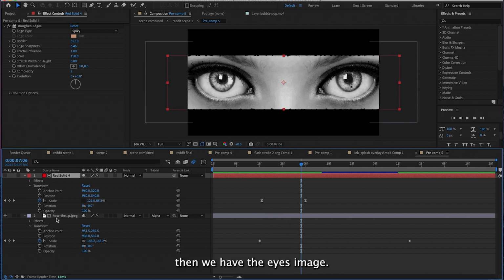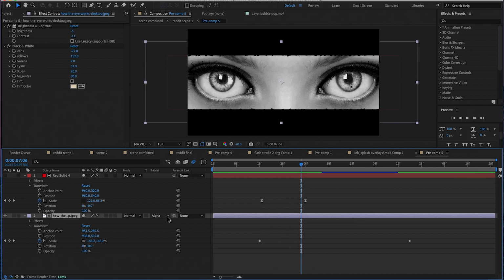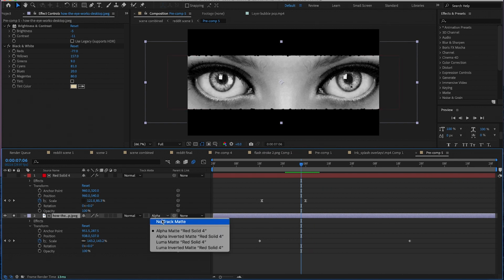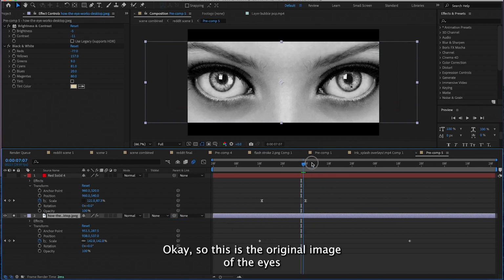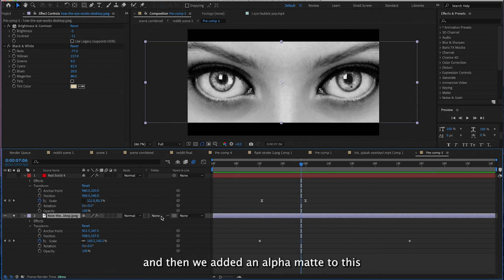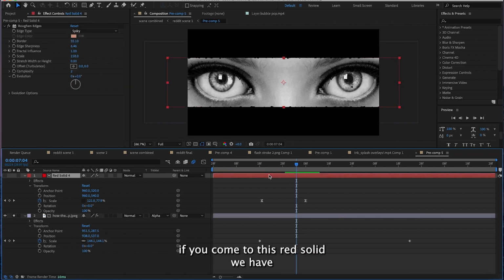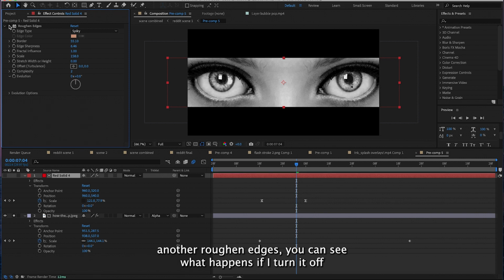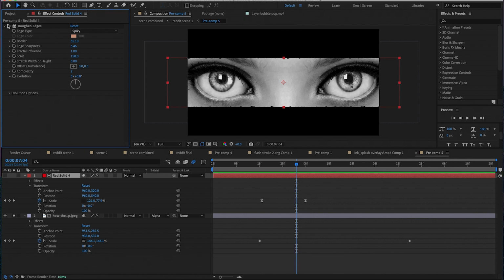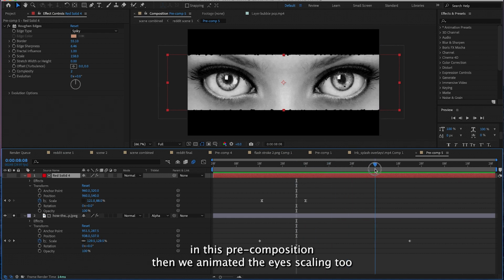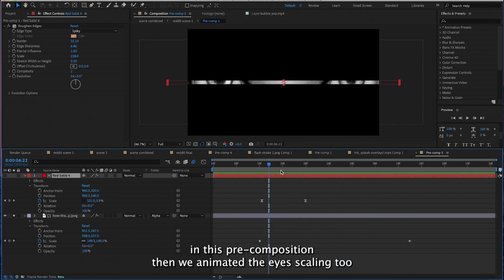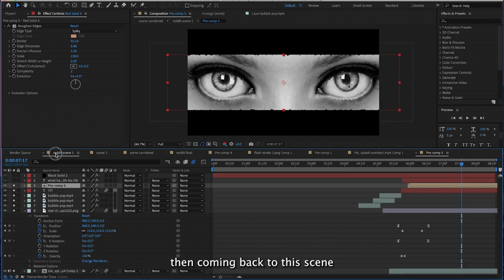And then we have the eyes image. Let's turn off this mask and see. No track mask. Okay, so this is the original image of the eyes, and then we added an alpha matte to this. If you come to this red solid, we have another roughened edges. You can see what happens if I turn it on. Alright, so that's basically what we have in this pre-composition. Then we animated the eyes skeleton. Then coming back to this scene,